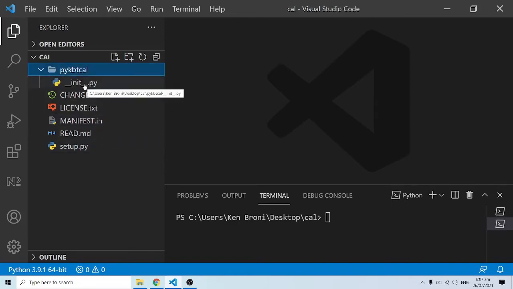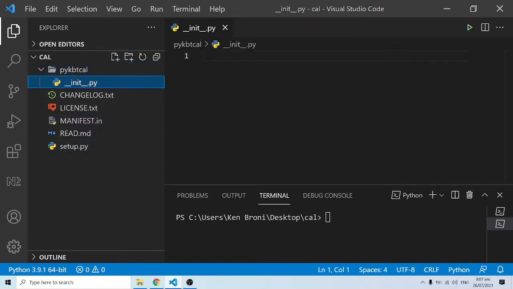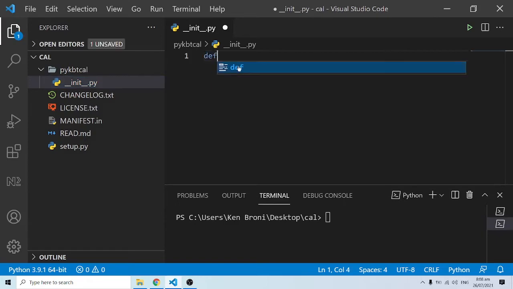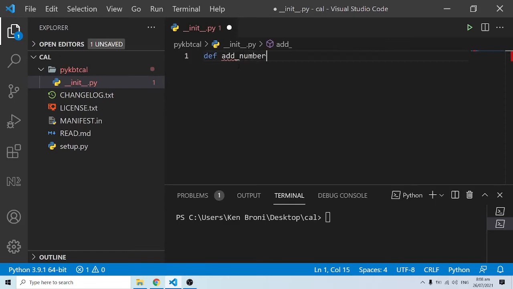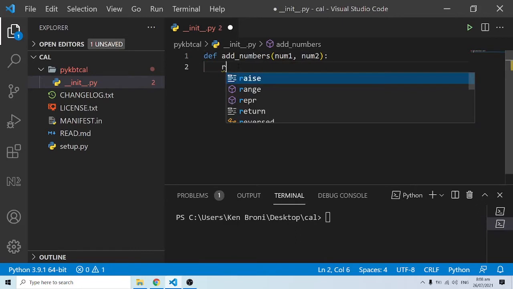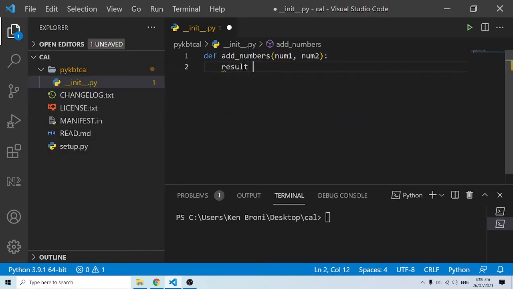So let's go to our main Python program, and this is where we are going to write all our methods or functions. So let's define this add numbers function, and add numbers is going to take in a num1 and a num2, and I'm going to say results is equal to num1 plus num2,